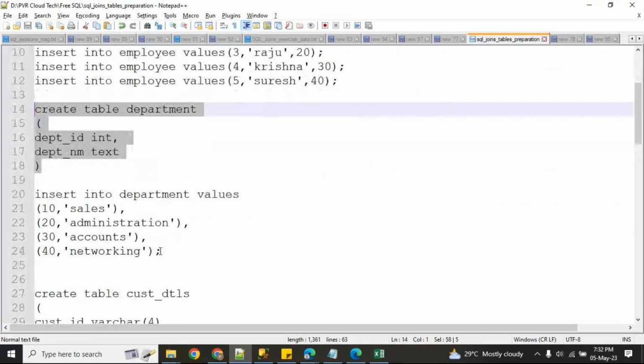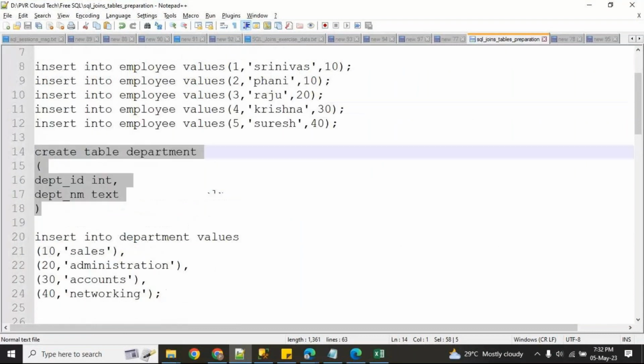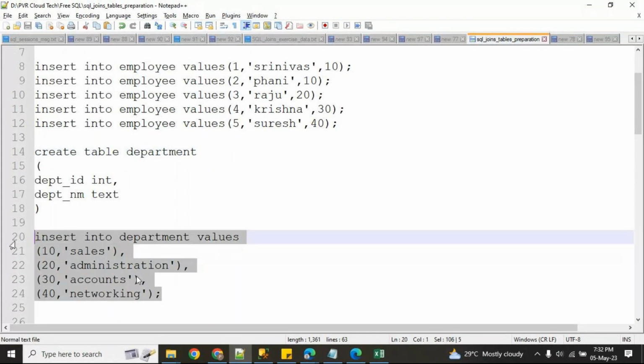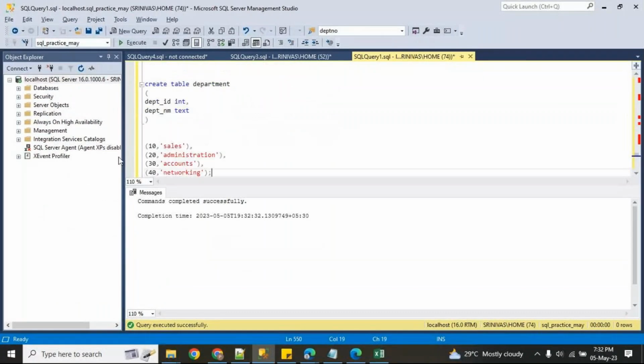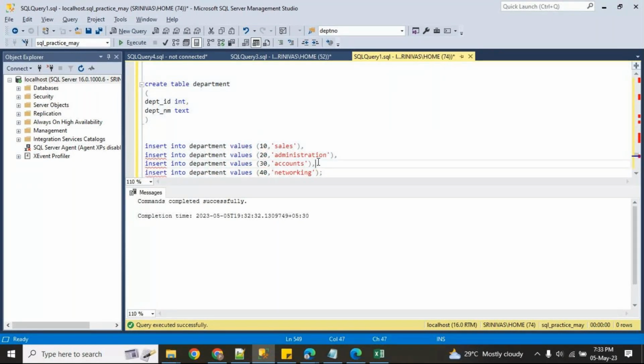Guys, if you want to insert, we can write like this also. Let me tell you. Normally, I have written it like this in the last classes.